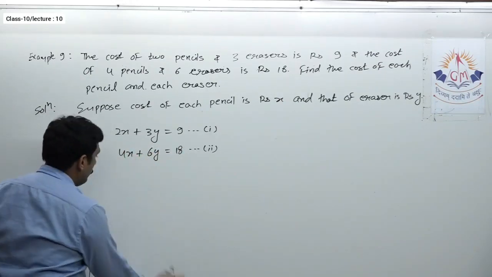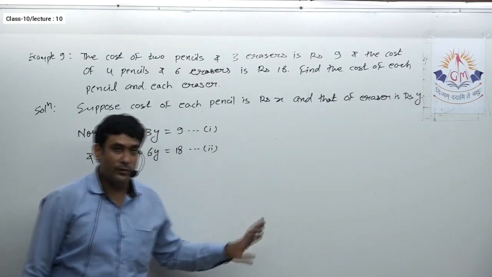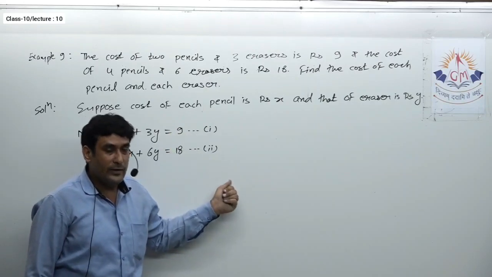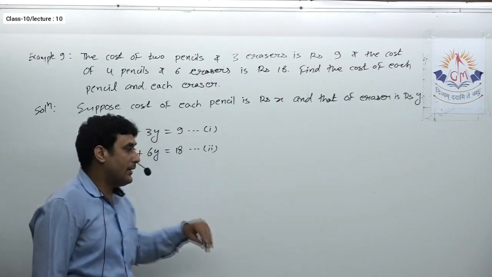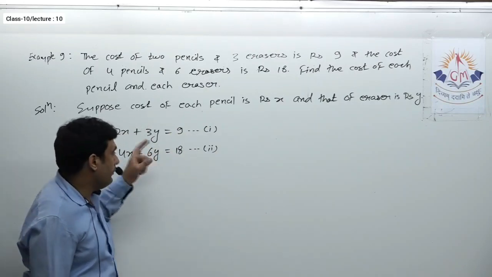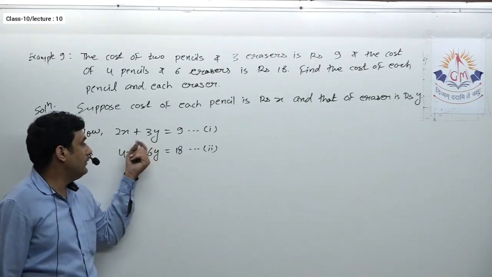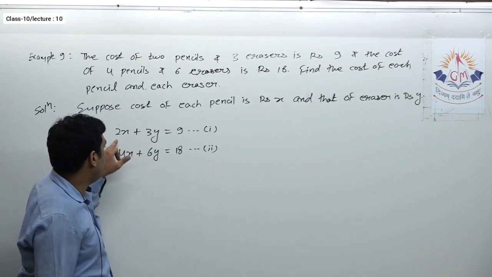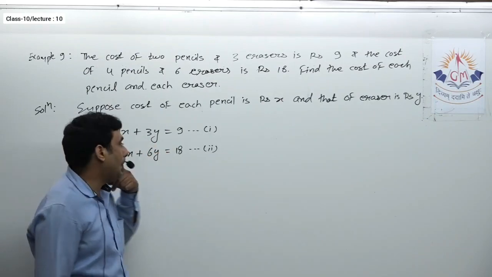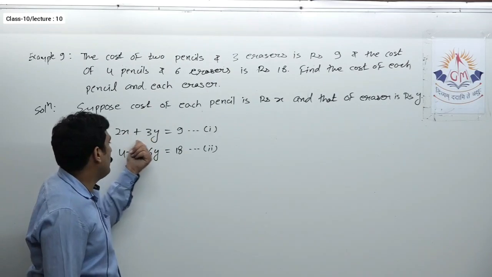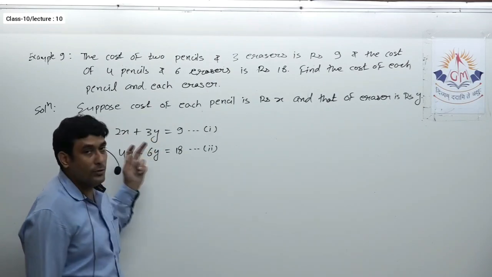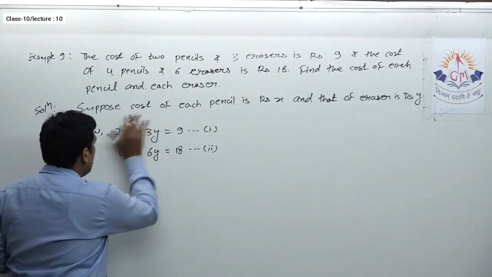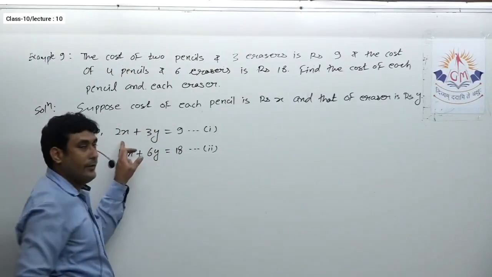Now we have to follow the substitution method. For that, what we have to do is obtain the value of any one variable from any one equation. As I told you, to do so, we always try to get a variable whose coefficient is 1. So here if you observe, the coefficients of all the variables are more than 1. It is not unity. So still we have to follow the method. So I'll solve this equation, and from this I'll try to get the value of x.